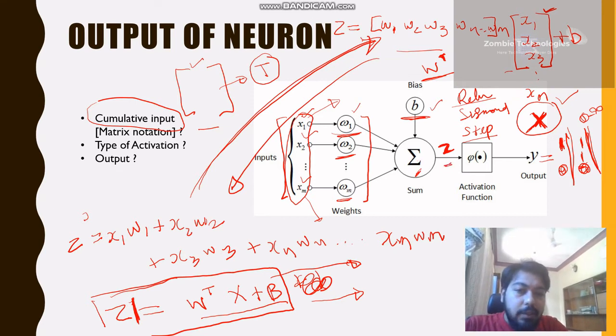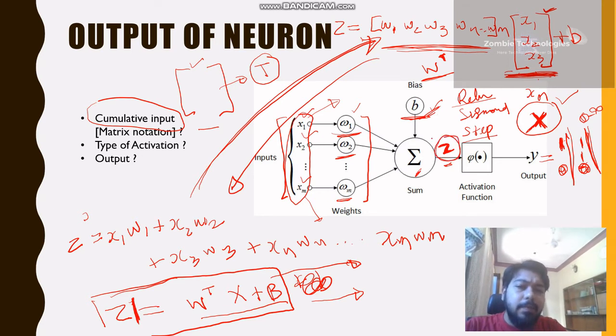As you can see, we have multiple values of x. We represent x with a column vector, x1, x2, x3, and so on. This is the representation of the feature vector. And we have corresponding weights w, which we represent by a weight vector. We take the transpose of the weight vector, that is a row vector of the weights, multiply it with the column vector of the features, and add the bias to it to get the value of Z.